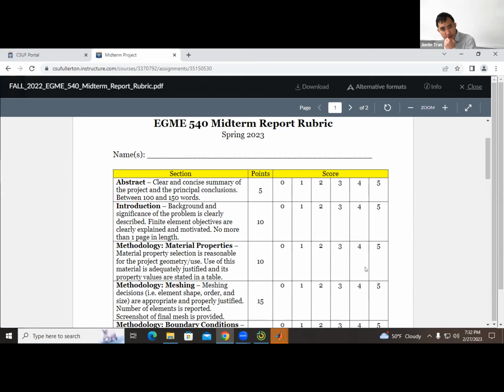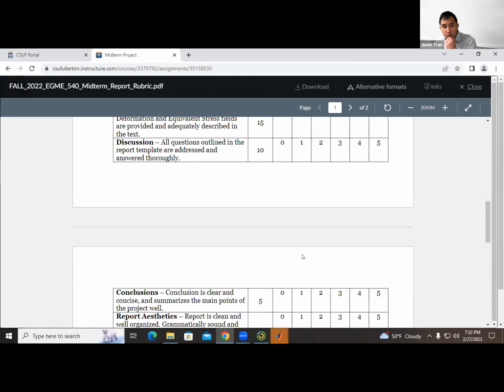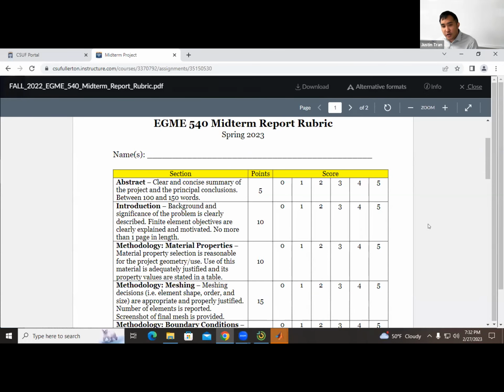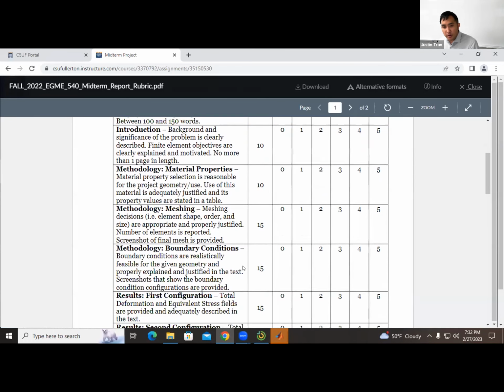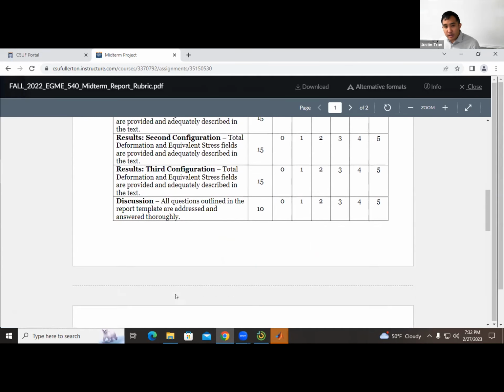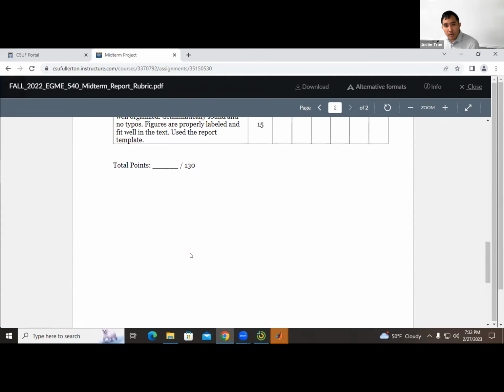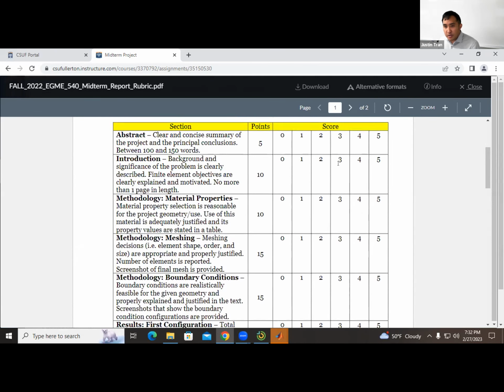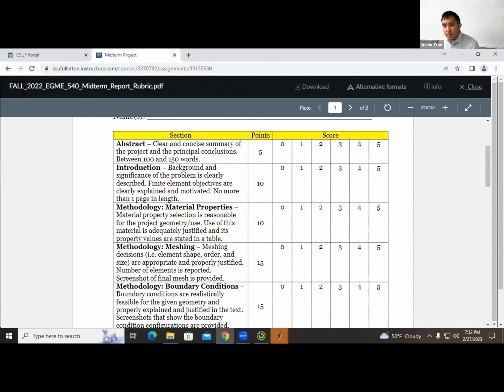Okay. So here's the rubric. And so I think it's pretty straightforward. And so you can see here why I have the template, because each section of the template, I'm grading you on each section. Okay. And so there's a little bit more explanation here in terms of how I'm grading it. And so you can read that. Okay. And then based on each section, this is like an A, B, C, D, and then these two are Fs. This is F and F minus, I guess. Or the 0, I only give a 0 if it's literally not present. So if you don't include it in the report, that's a 0. But if you at least make an effort, then I give you a 1. But you don't want a 1, you want a 5.